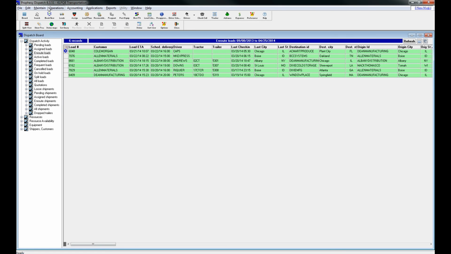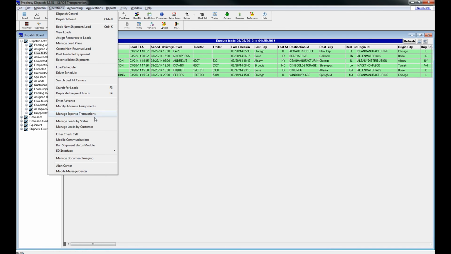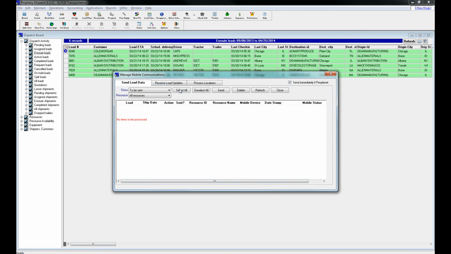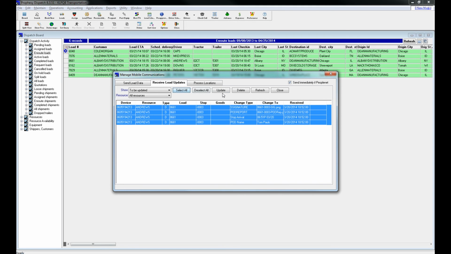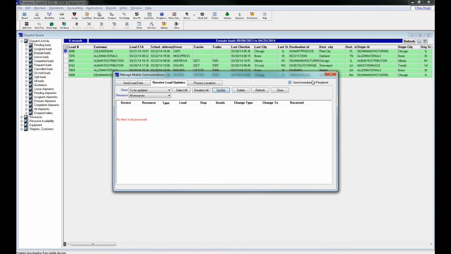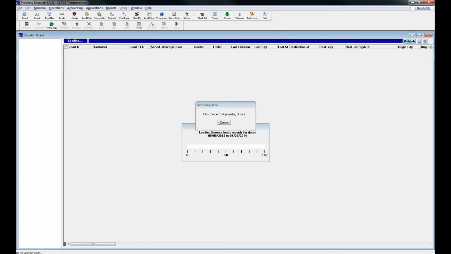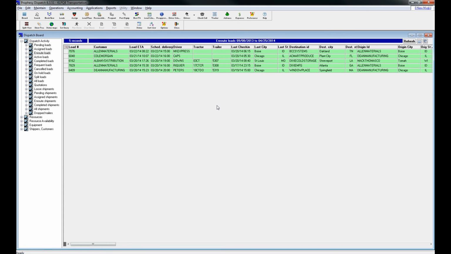And we'll go into operations, mobile communications, receive load updates. We can see the information that was updated on the load. We'll go ahead and select it. We'll click update, and we'll refresh this view, and we can see that load has fallen right off in its